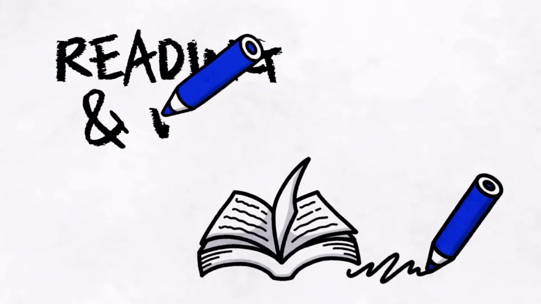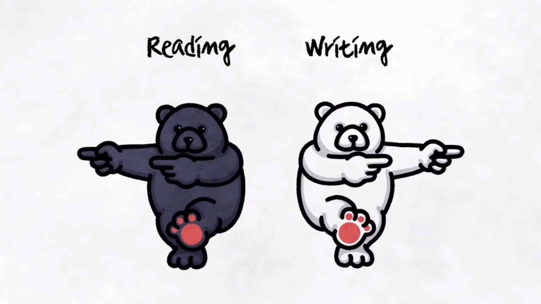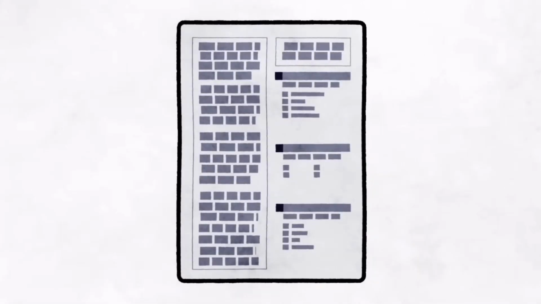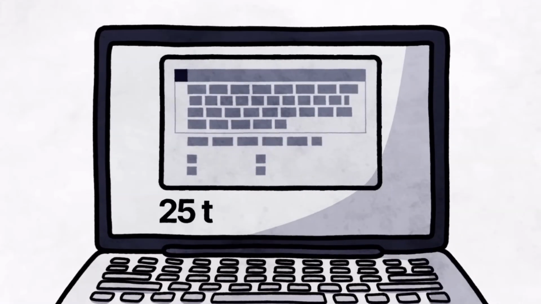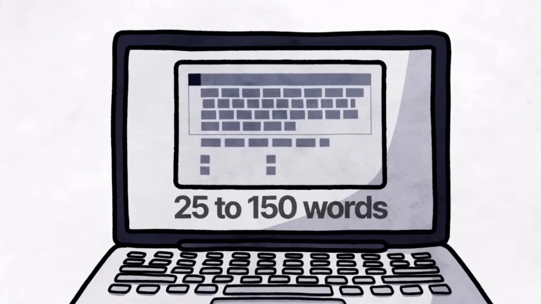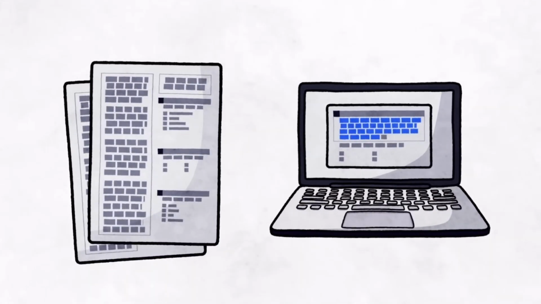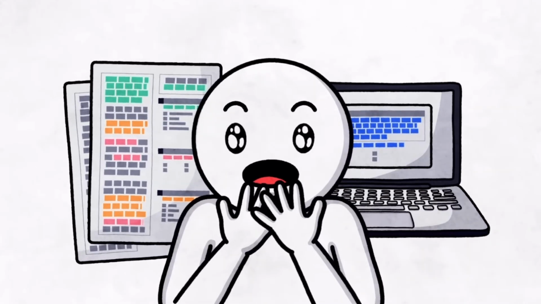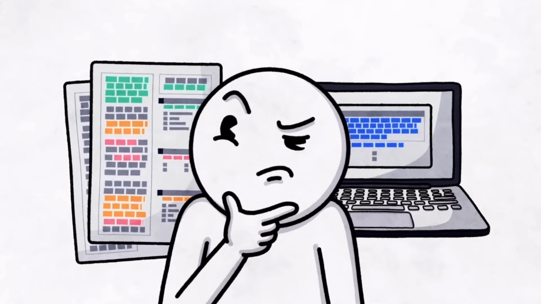We'll start with reading and writing. Instead of 2 separate sections, the digital SAT combines reading and writing into one section. Passages are much shorter, ranging from 25 to 150 words. Plus, there's only one question per passage as opposed to multiple questions per much longer passage. This is music to the ears of most test takers, but keep in mind that the total length of the